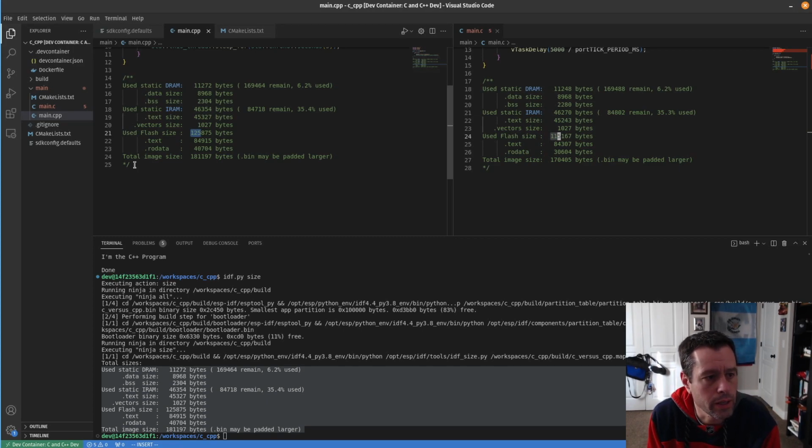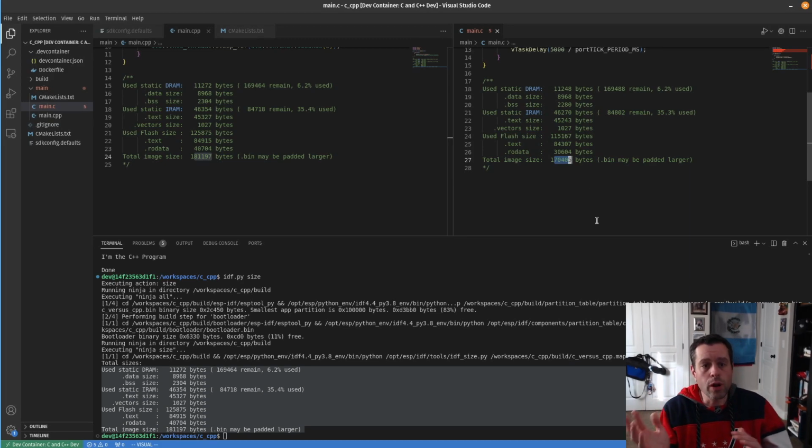And so at the end of the day, total image size, we have 181,197 over here, and we have 170,405 here. So certainly right out of the gate, there is a small difference between the two,